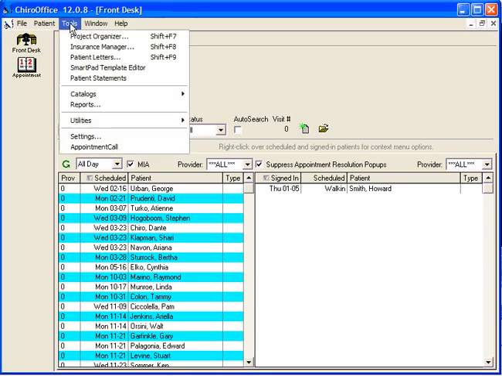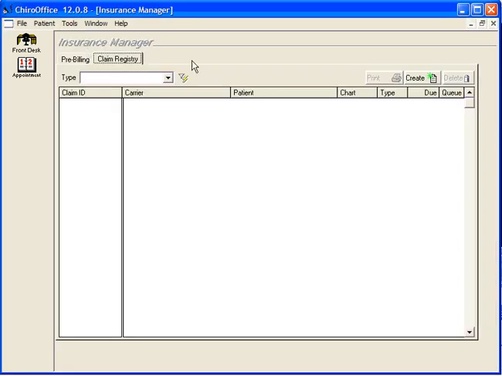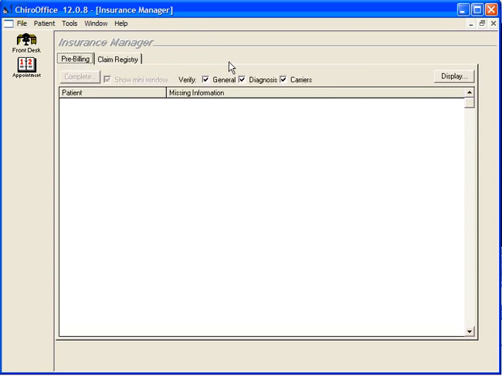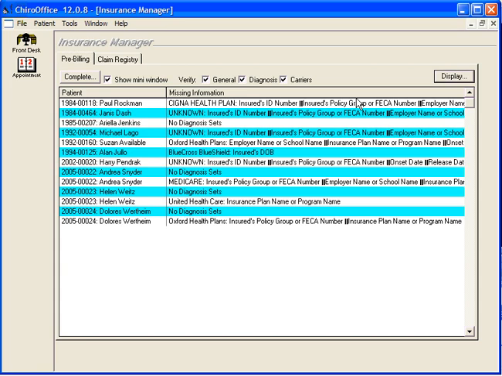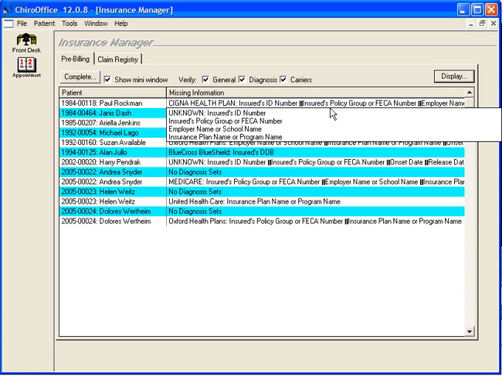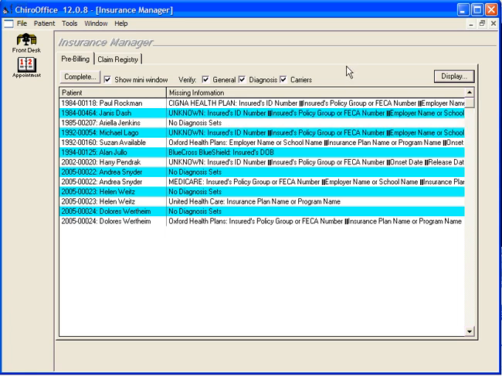Click on Tools, select Insurance Manager. The first thing that needs to be done when we come to the Insurance Manager screen is click on Pre-Billing. Then go to the far right side and click on Display. This brings up the list of all patients that have information missing from the file that would cause an automatic rejection of their claim. In order to get this information entered, you would point at the patient,